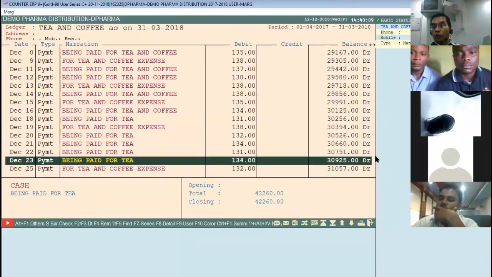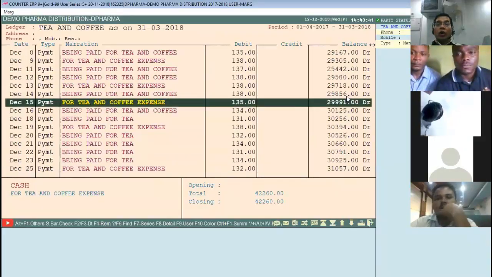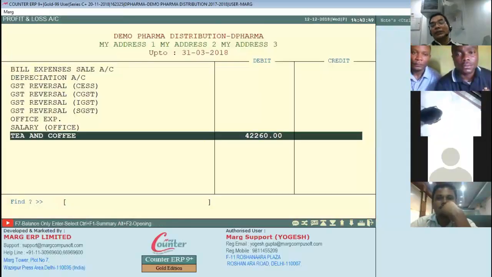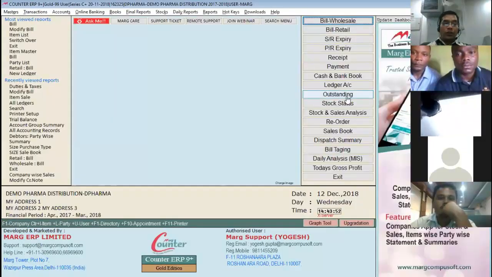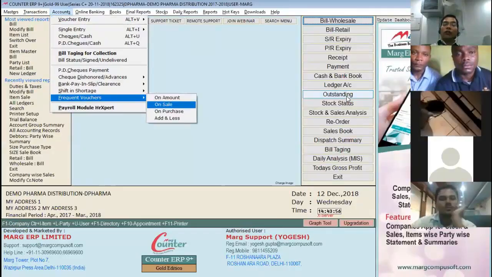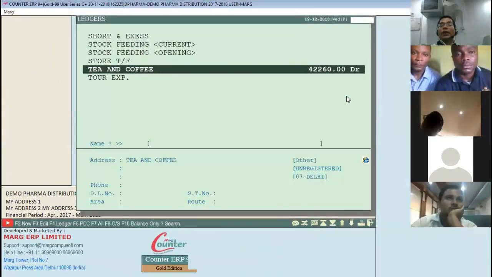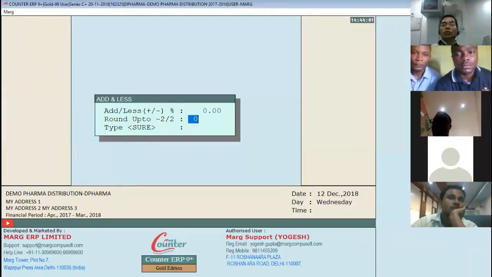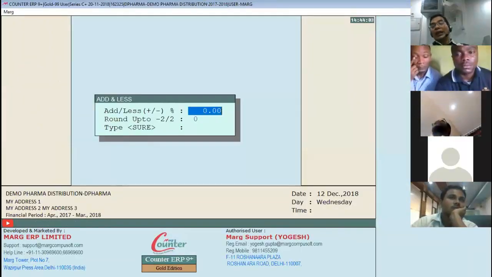Now, suppose I have done some mistake. I want to increase by 10% or I want to decrease by 10%. Again, we have the option. For that, I'll go to accounts, I'll go to frequent voucher. We have the option add less. Tea and coffee. Suppose you want to increase by 10%.